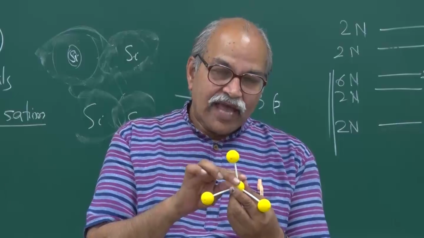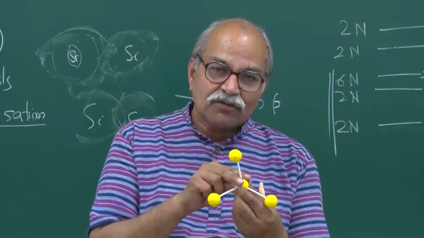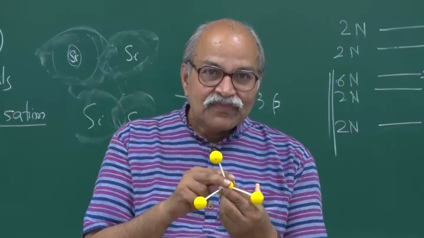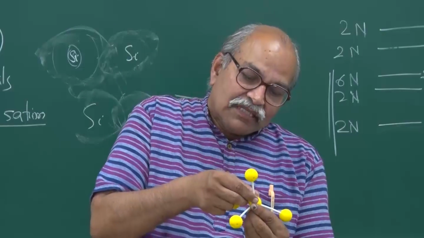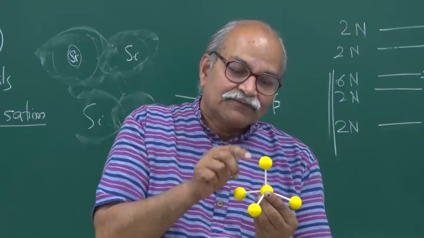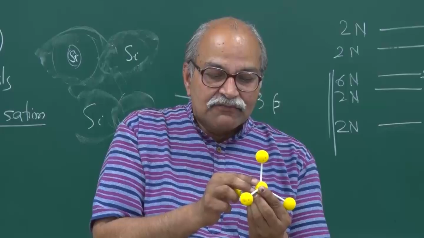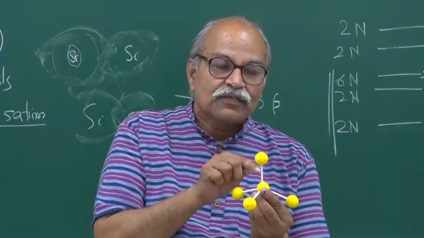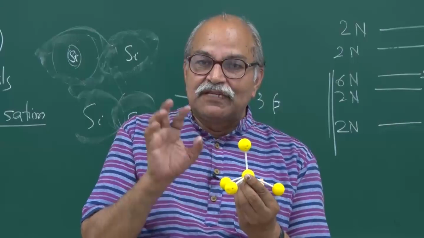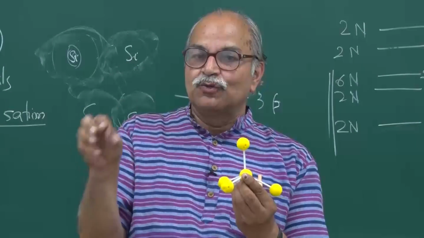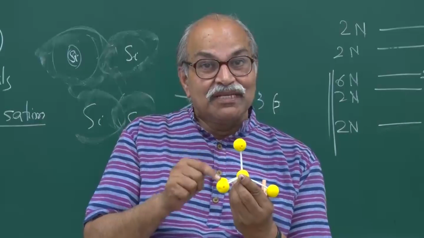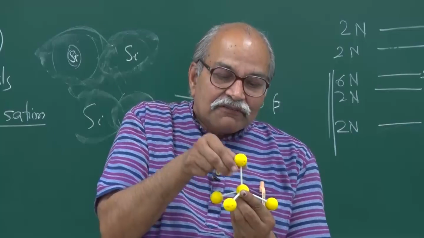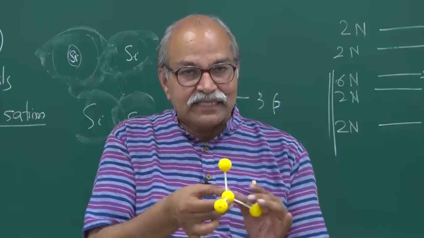So this has 4 sp3 electrons, and how are those sp3 electrons distributed? One sp3 electron, its wave function will be directed towards this one. Another sp3 electron, the wave function will be directed towards this one, towards this one, towards this one. So this is how the 4 will be distributed. If it is S, it is spherical. If it is P, it is 2 lobes. But this is not S, this is not P, this is sp3. So one electron is going like this, the wave function is like this. One electron, the wave function is like this, one is like this, and one is like this.